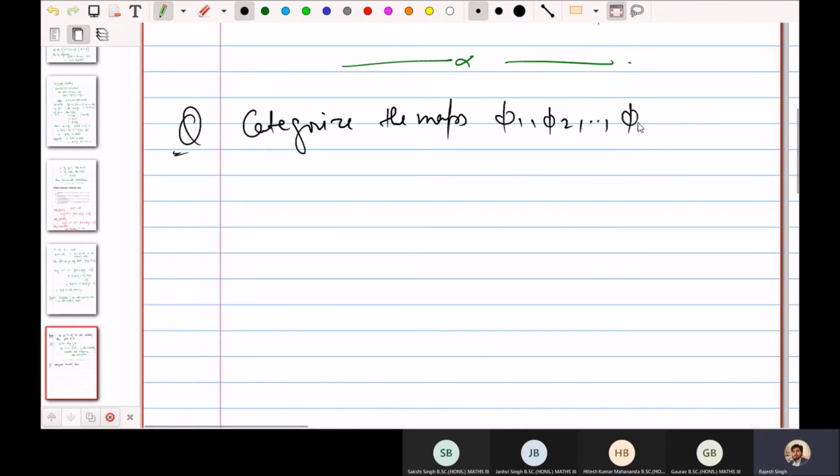There are 6 maps shown in figure, into order preserving. So तुम्हें ये बताना है basically which one is order preserving, order embedding